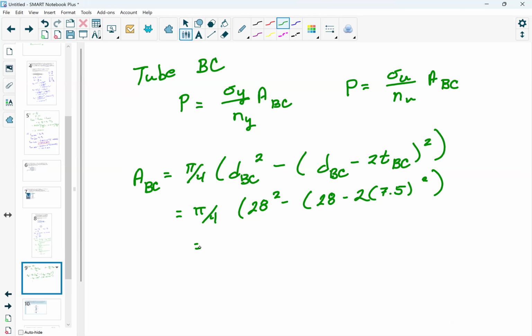Okay, so this one comes out to be then 153.02. At this point, we actually don't need to go any further because that is going to give us a